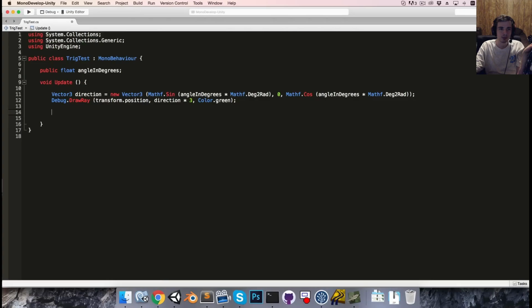All right, so that was the first problem. Let's now look at the second problem of getting an angle from a direction. Sure. So I'm going to use the example of getting the keyboard input for the arrow keys and using that to find the character's rotation. So say we get a vector 3 called the input direction, equal to a new vector 3, and on the x-axis